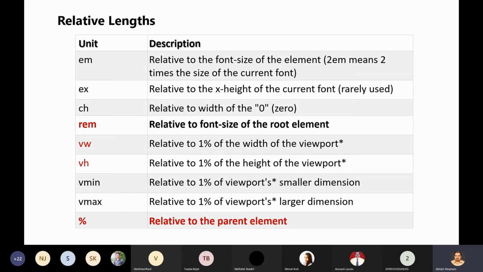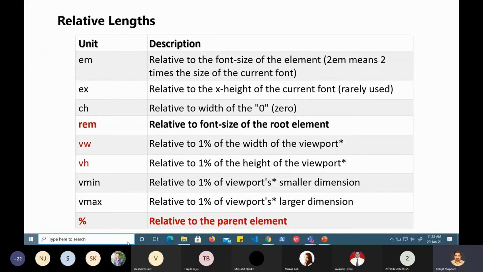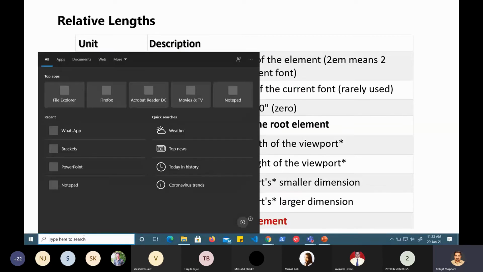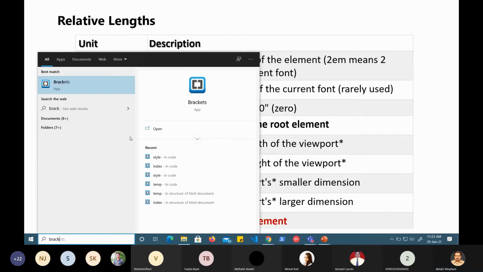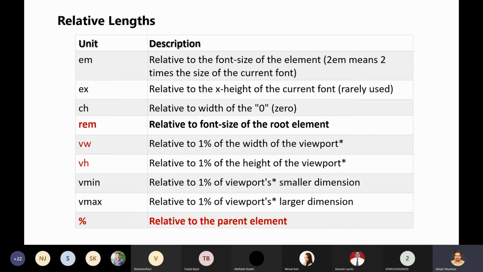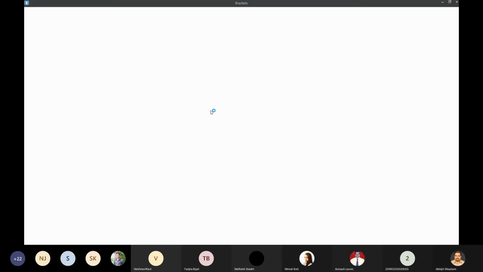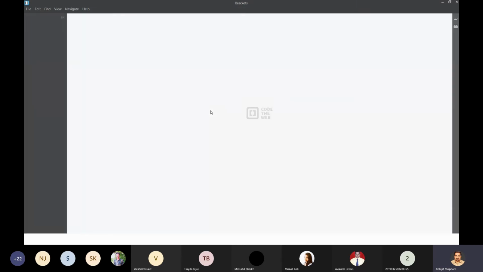Let us see what it is with the help of one example. I will give you a demonstration of these concepts. So let us open, no, you don't open, I will open, you just listen, because I will be sharing this video and you can practice later on. Just listen and pay attention, don't do anything. I need your 100% attention.